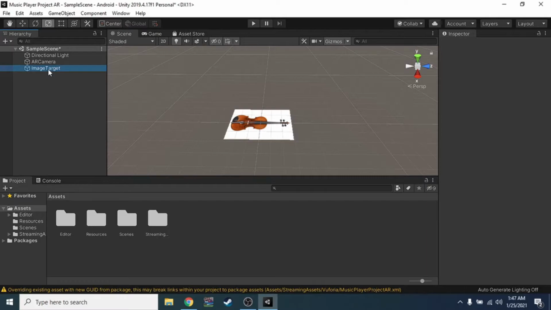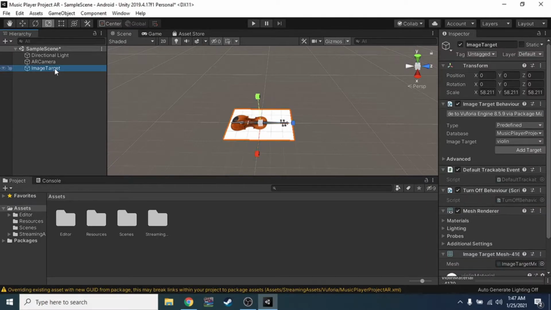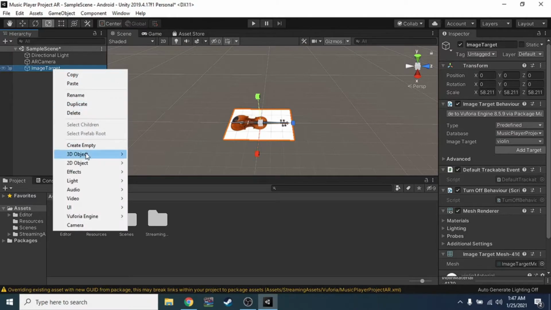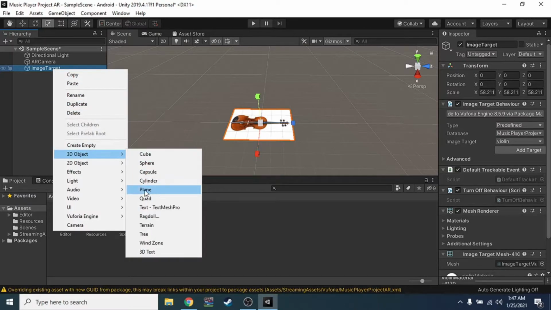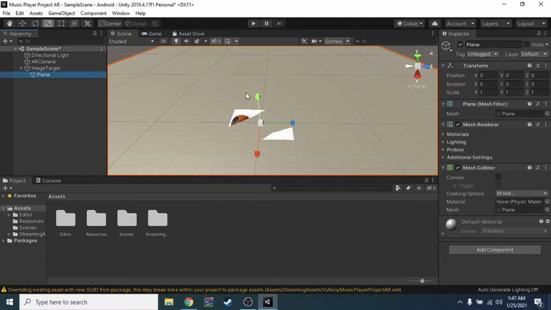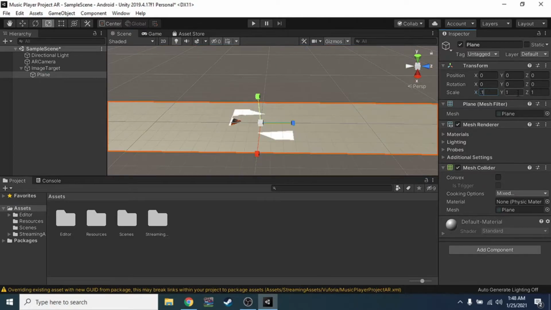Okay, then how to add our video. First thing, we need to add a Plane under the Image Target. Plane, we rescale the plane. Like me, I'm going to 0.1, 0.1, and 0.1 on the X, Y, Z axes.